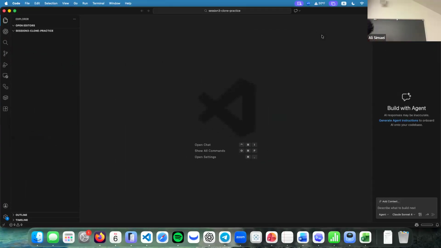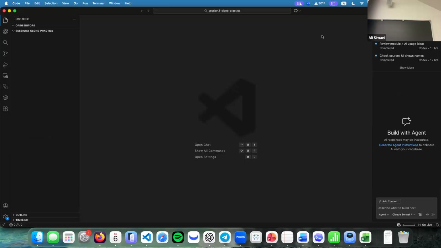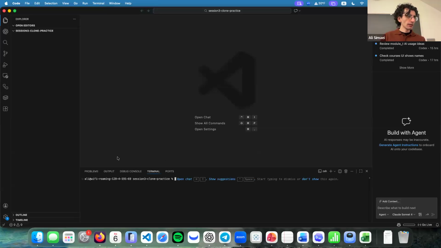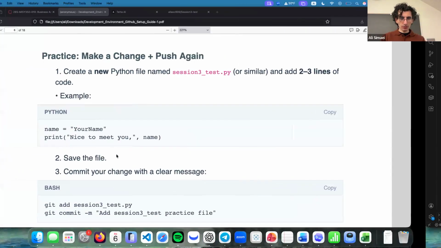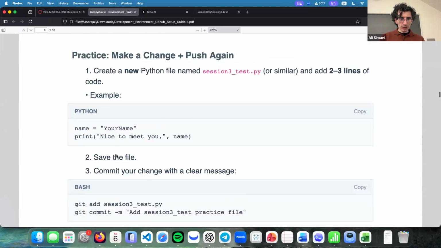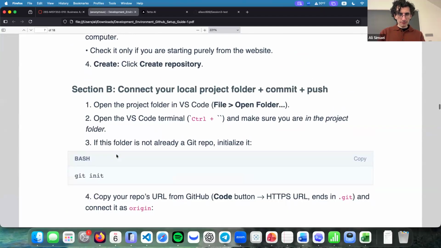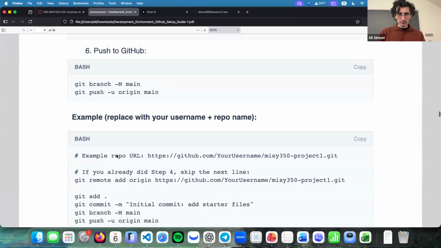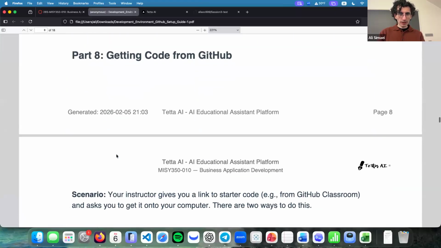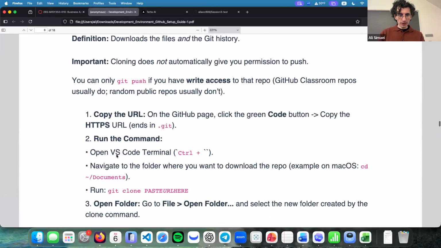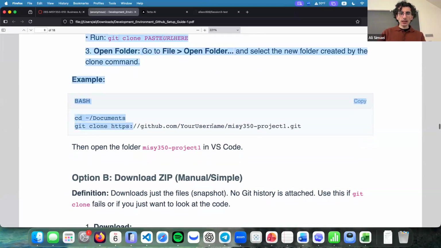So let's say I created a file and it's just empty. You have the link to the project on GitHub and you want to clone. Okay. So simply you go to terminal, open a new terminal. Okay. And then let me just make sure that I have the correct one for cloning, git clone. I remember that was it. Yes, cloning. That's one line of